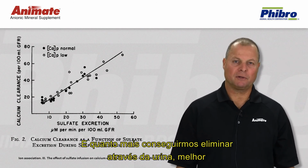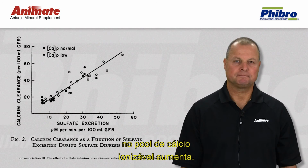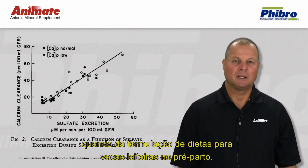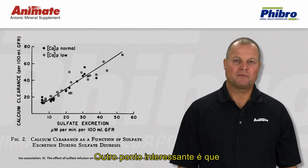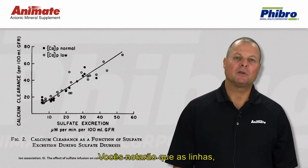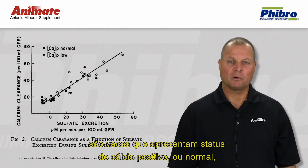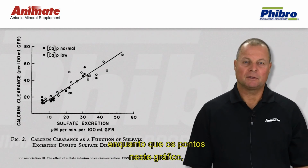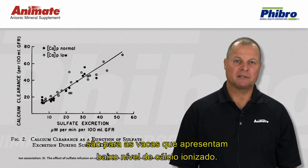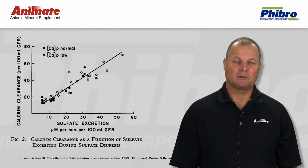And the more we get excreted through urine, the better, because the entry rate then of calcium into that ionizable calcium pool is increased. And that is a key concept that many people do not think about when they think about formulating diets for prepartum dairy cows. Another interesting point is that this phenomenon occurs regardless of the level of calcium. You will notice that the animals represented by the dark circles are cows that are in a positive or normal calcium status, whereas the dots in this graph that are open circles are for cows that have a low level of ionized calcium. And the effect of sulfur on excreting calcium has the same effect regardless of